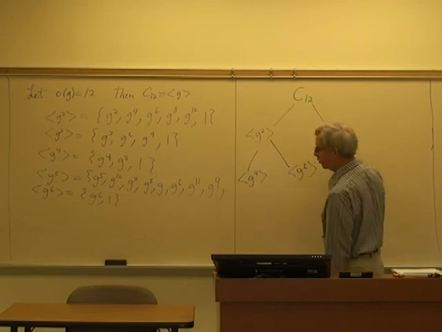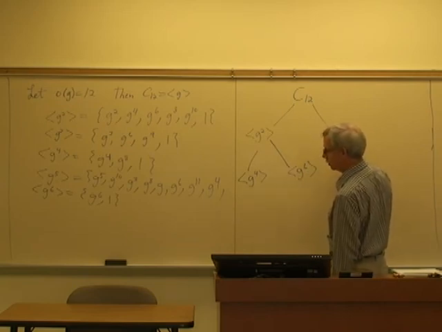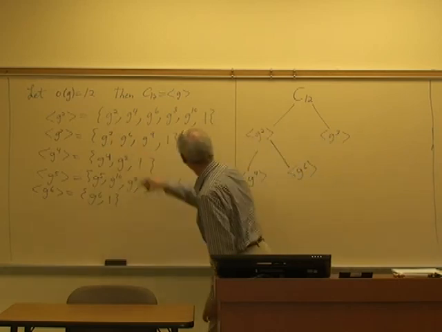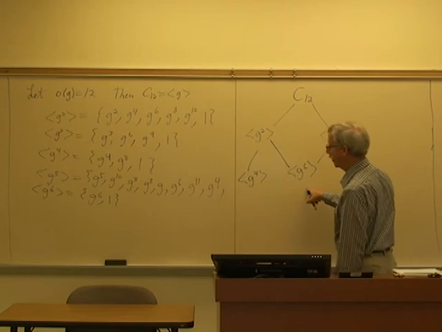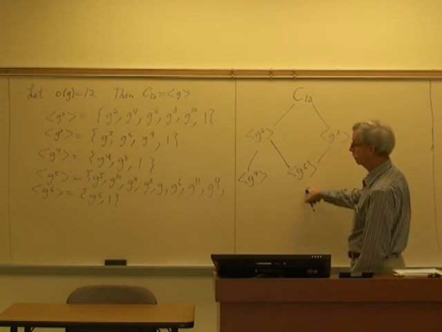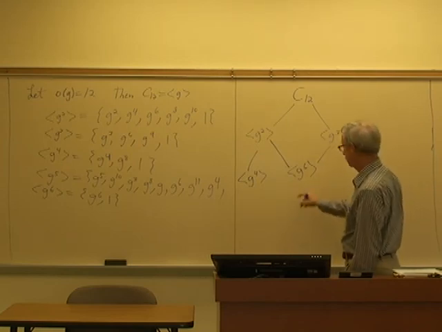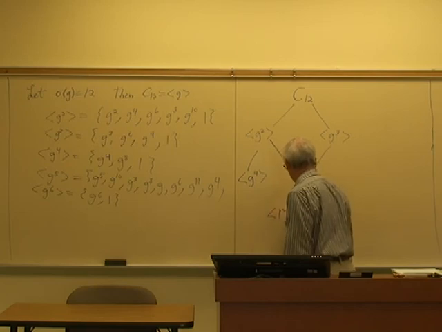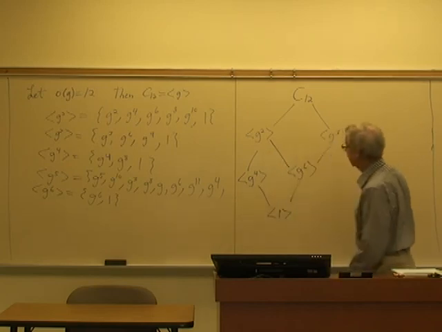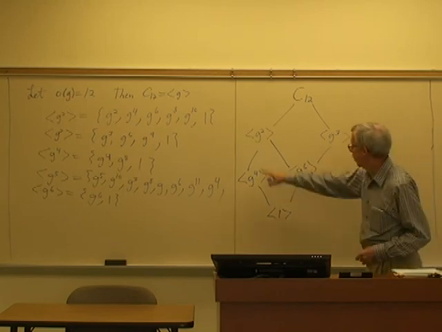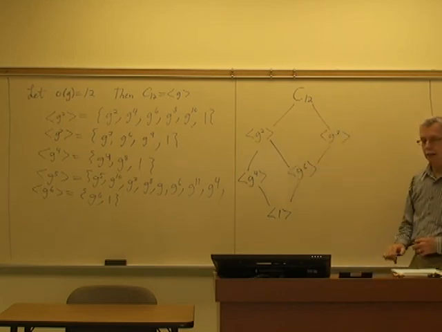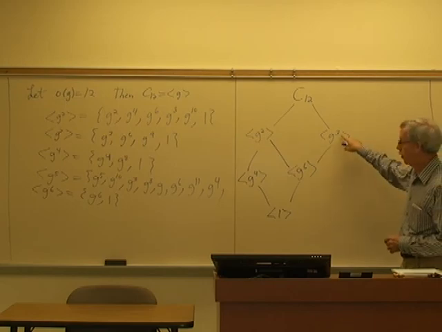But it's also a subgroup of G3, right? Sure it is. Yeah, it is. 6 and 1. And then what subgroup is a subgroup of these? One. Yeah, the identity, the trivial subgroup, right? So that's the lattice diagram for this group. And whenever you draw one of these for a cyclic group, the ones that work will always be divisors. In fact, if the power is a divisor